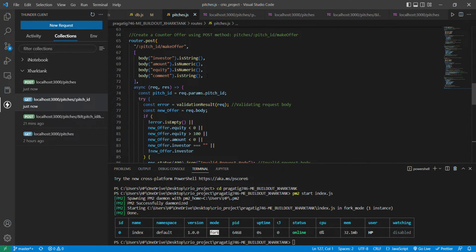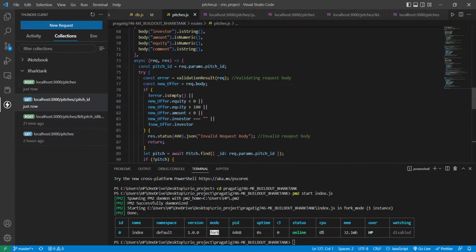Again, the body will contain some constraints, like the investor name should be a string, amount should be numeric, equity should be numeric, and comment should be a string also. Again, we are running this asynchronously. Pitch ID we are going to retrieve from the URL, we are passing it here, and then we are validating